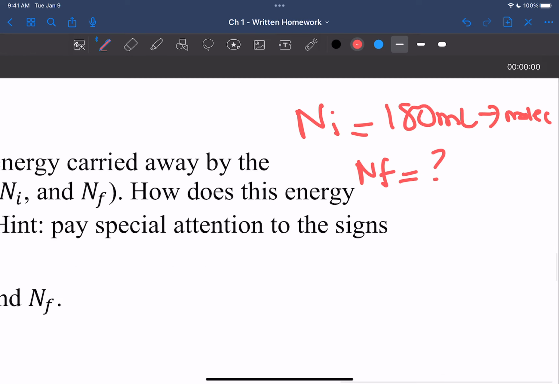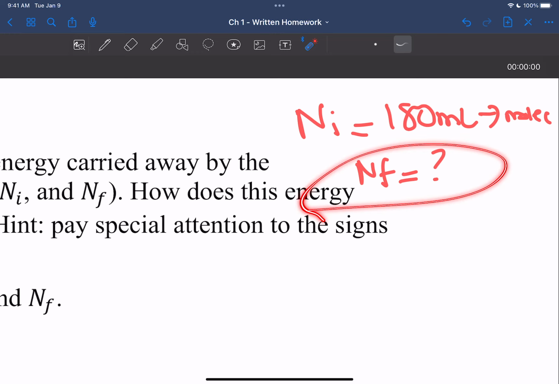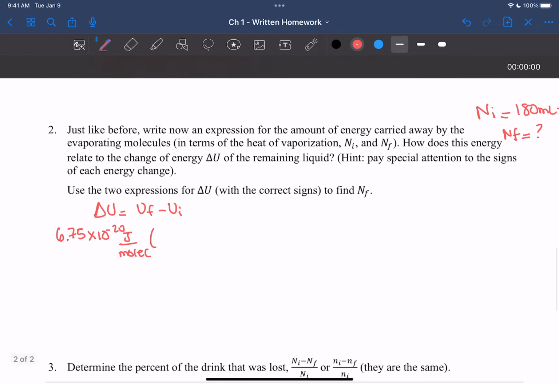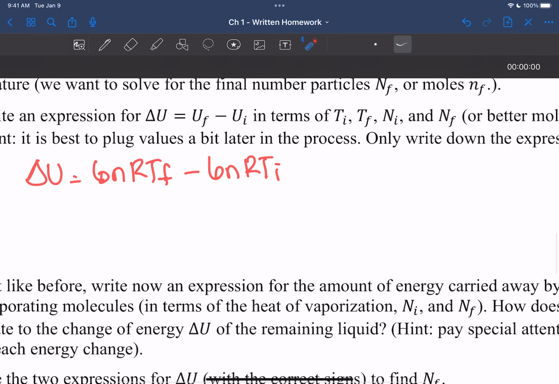So you can also say that, okay, well, I want to figure out how much I ended up with. If I only know how much I started with and I don't know how much I ended up with, then you can also say that I don't know how much actually evaporated, right? And so at that point, if we go back to the setup here for this equation, 6 nRTF, 6 nRTI, if we made these instead of moles to big N as in molecules, right, we know that,